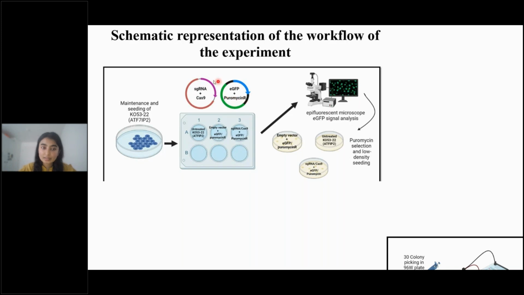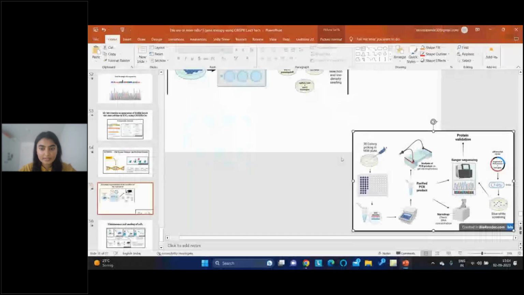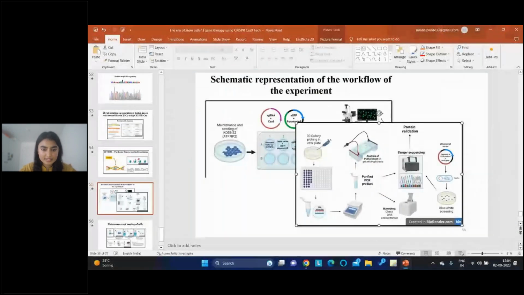And there was another plasmid which had the proper sgRNA plus Cas9. What does this do? This is basically going to form the CRISPR-Cas9 protein, the proper protein, which is going to go and chop it off. So this is very important. We need to make sure that this plasmid is inside the cell. So I made different controls. Obviously I used the microscope, visualized the cells, and I know the cells are good and showing a proper signal.